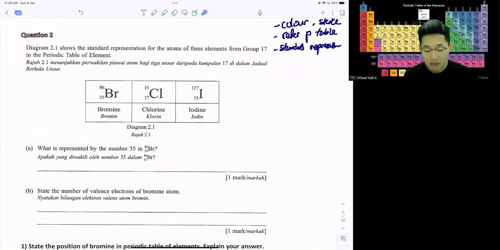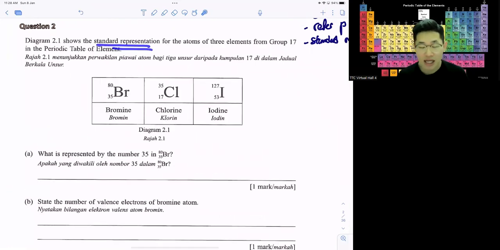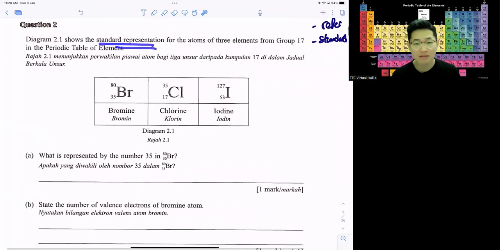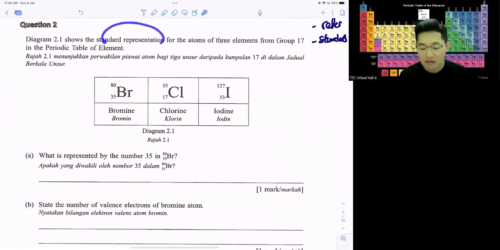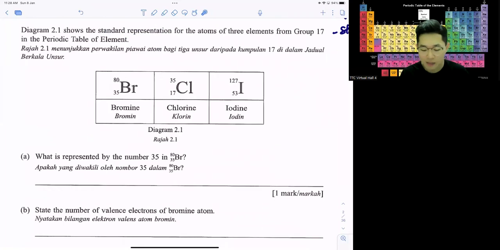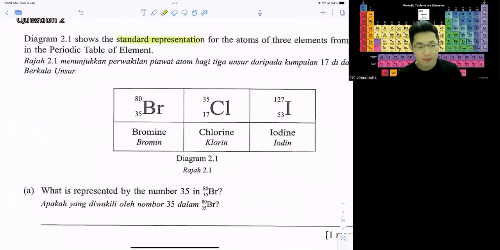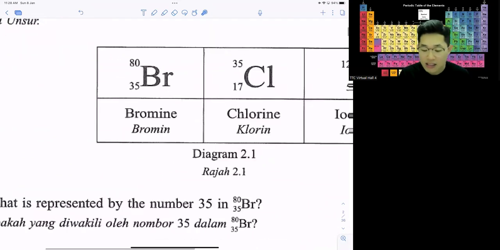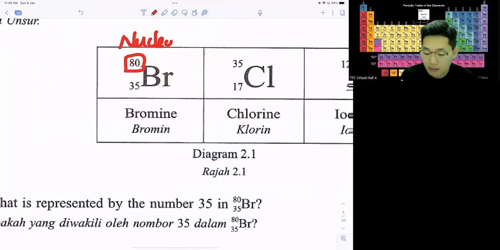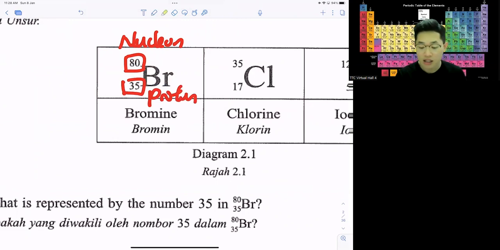So diagram below shows the standard representation of atoms of 3 elements from the group 17. So standard representation, 什么是 standard representation? 这个东西叫 standard representation， 一定要会这个 format 叫做 standard representation。上面写的是 nucleon number， 下面写的是 proton。